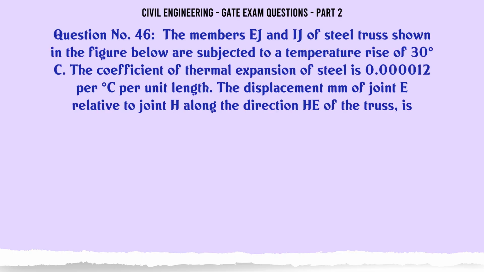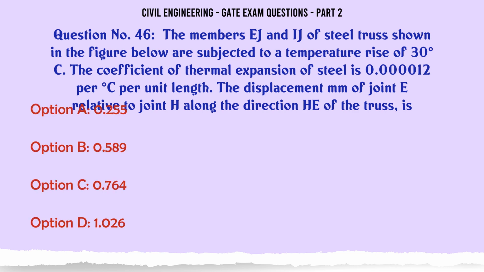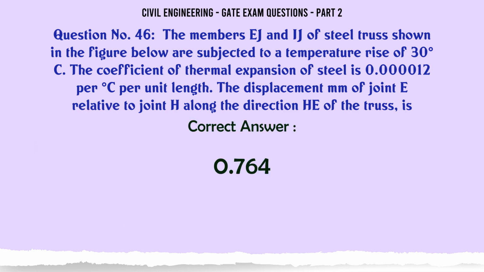The members EJ and IJ of the steel truss shown in the figure below are subjected to a temperature rise of 30°C. The coefficient of thermal expansion of steel is 0.000012 per °C per unit length. The displacement in mm of joint E relative to joint H along the direction HE of the truss is A 0.255, B 0.589, C 0.764, D 1.026. The correct answer is